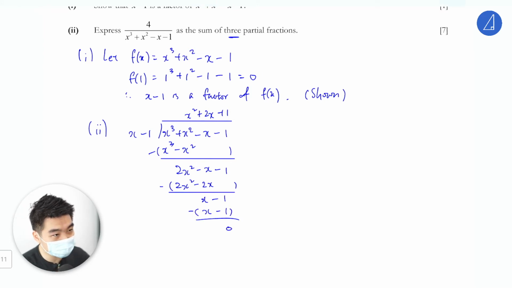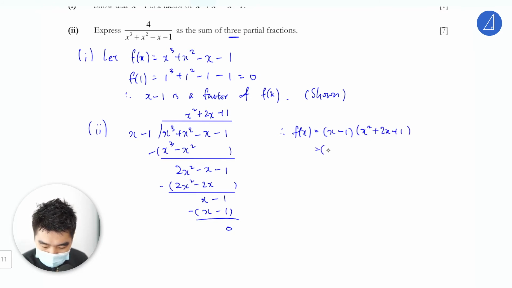So this is also one of the things you need to check for, if you recall. Because you know x minus 1 is a factor, of course you have 0 remainder. So if for some reason your remainder is not 0, that means you made a careless mistake somewhere. So pause there, go back and check before you proceed. Okay, so hence you can actually express f(x) as x minus 1 times x squared plus 2x plus 1, your